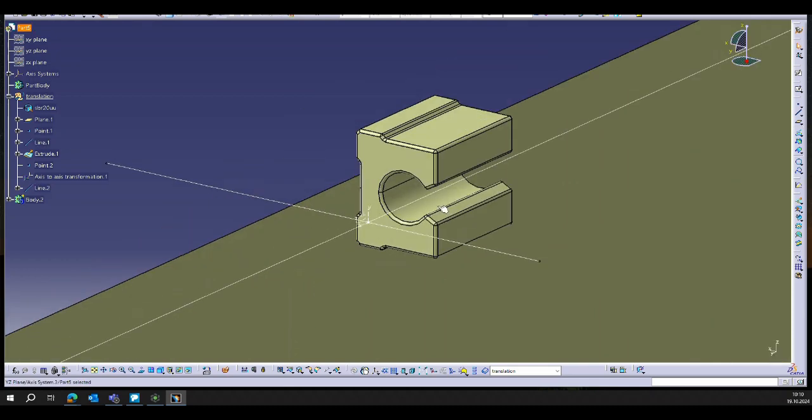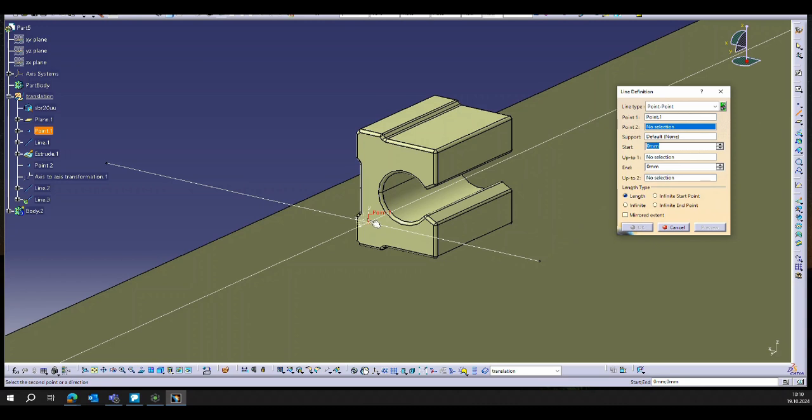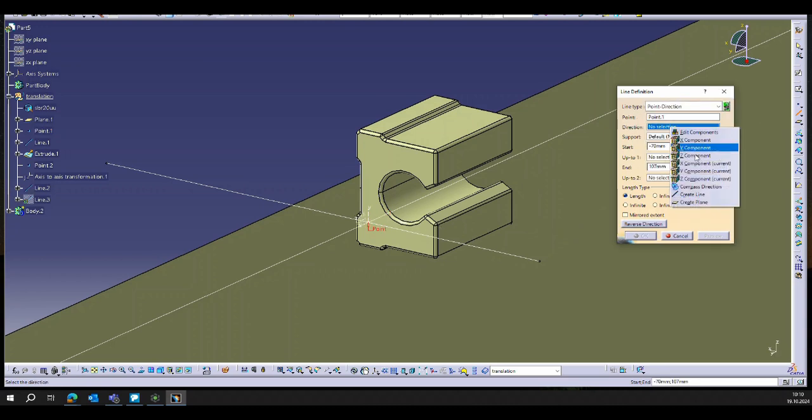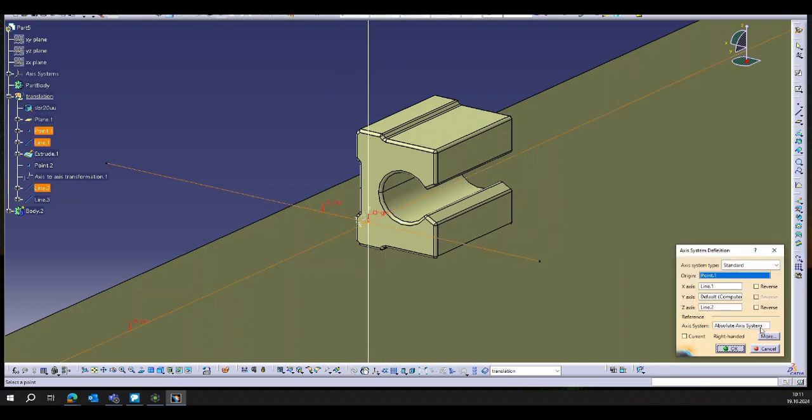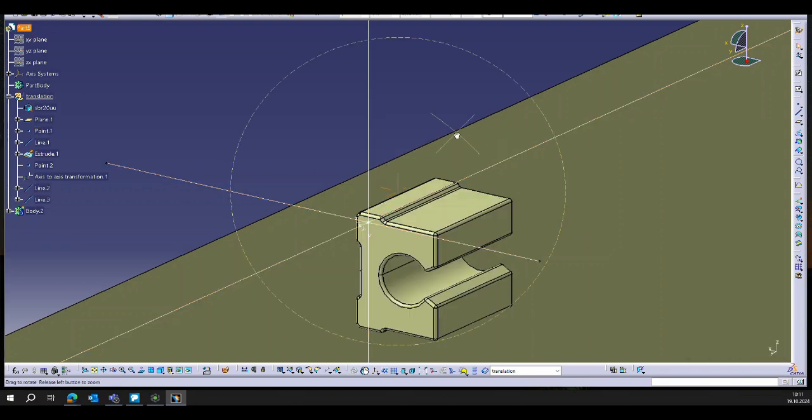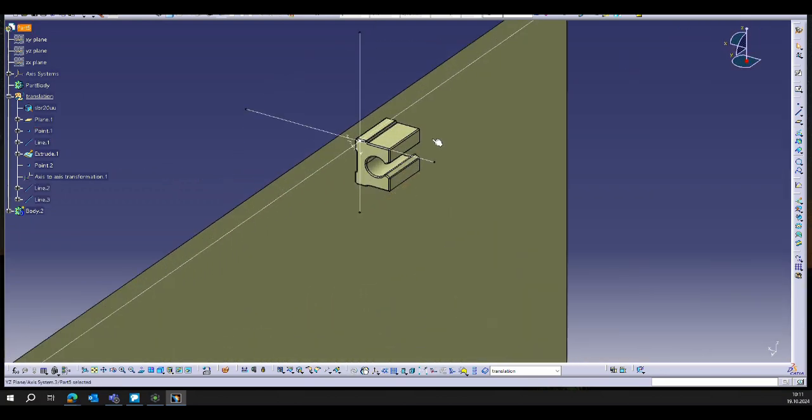And we can leave it how it is, but I want the y-axis to be also inverted, so I make a point direction, and direction our global z component. So I can select the y-axis direction, and then I will reverse it, so I have it always here. So now for the second